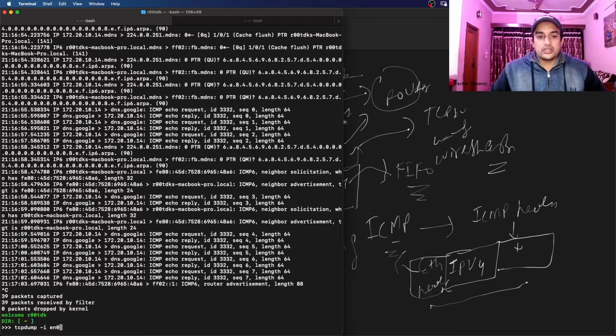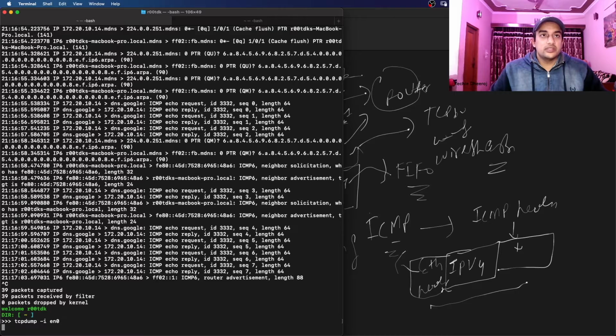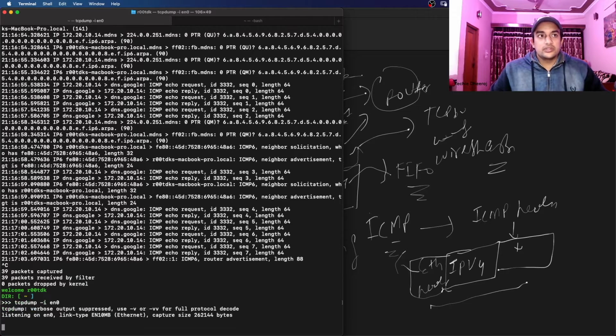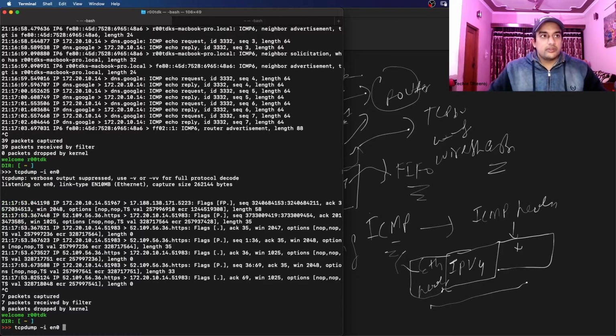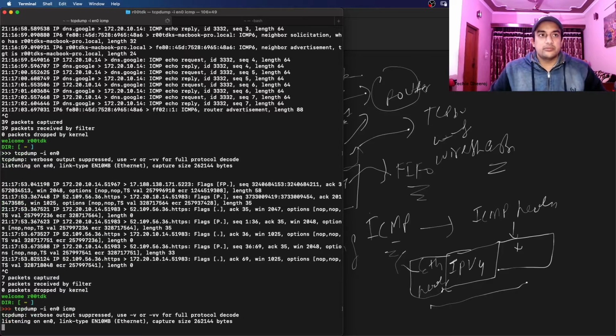And what are the advanced arguments we can use to see detailed information? As you see, if I just enter it like this, there will be some communication my machine is doing. As you can see, a lot of packets are coming. So how do we prevent this? We can just mention icmp.